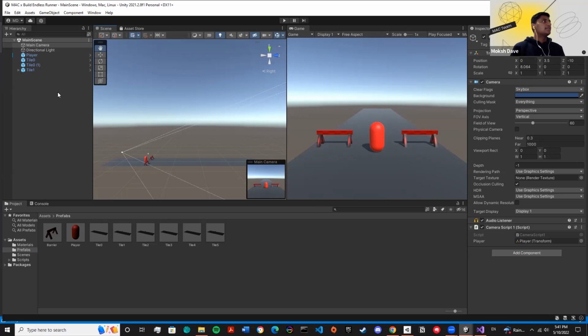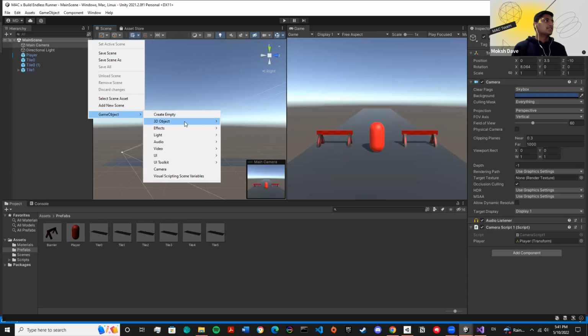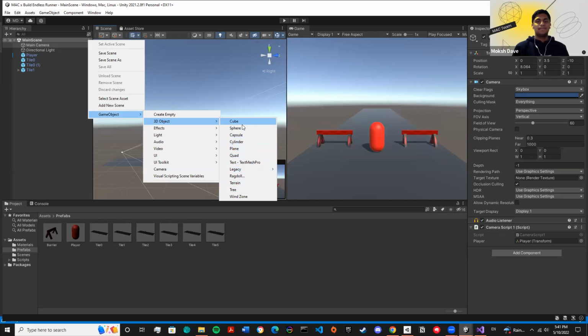You can actually create them in Unity itself, but it is a bit limited in terms of what you can create. So 3D objects, you can create a cube, sphere, capsule, cylinder, a plane, and there's a few extra ones. But basically, these are the only things it has available. So if you want to create anything, like I did the barriers here, you basically have only these 3D objects